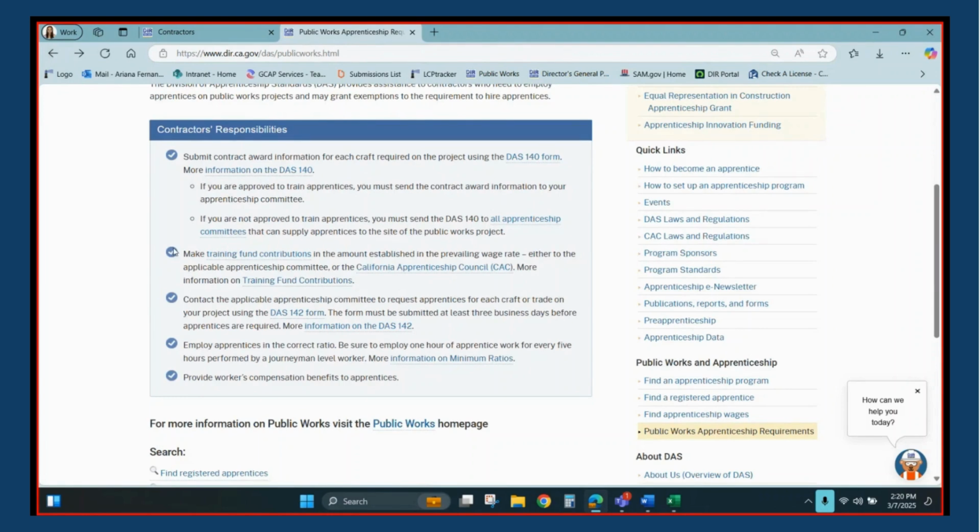Next responsibility is to make training fund contributions in the amount established in the prevailing wage rate. So the training will be listed separately on the wage determination, and it will tell you what rate to pay. So contractors are required to pay that training rate for every hour worked, either to an applicable apprenticeship committee, such as a union trust fund, or you can also pay into the California Apprenticeship Council if you are not signatory